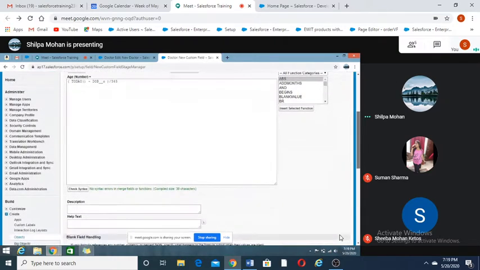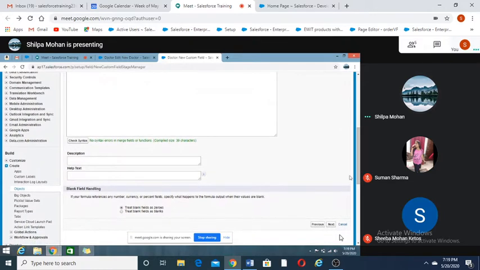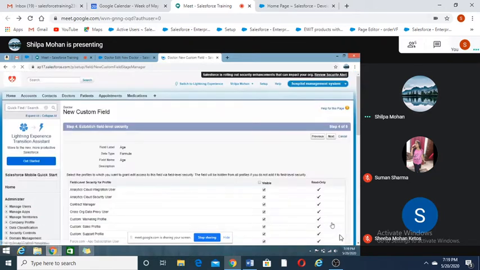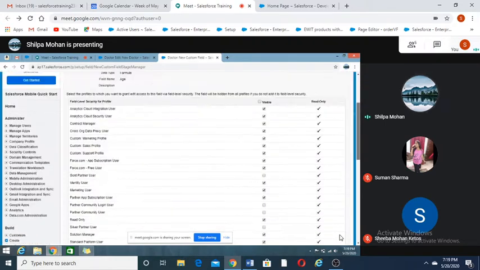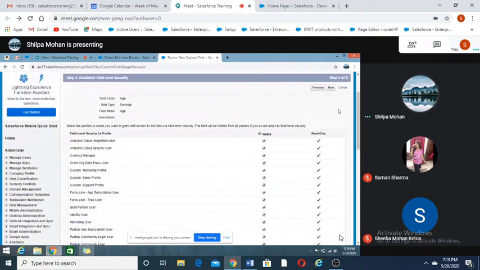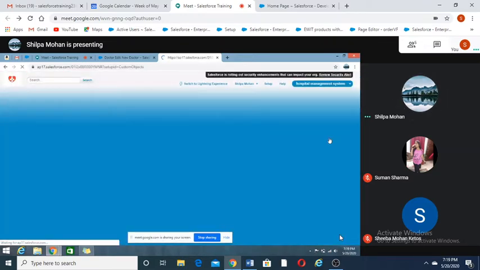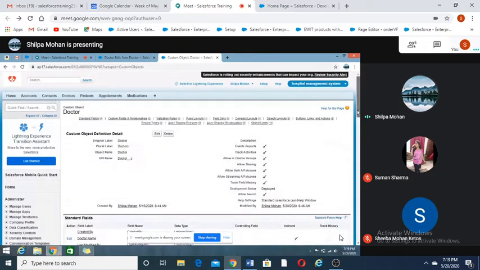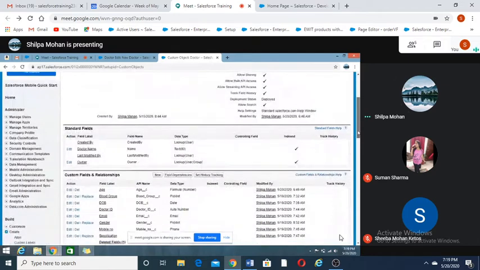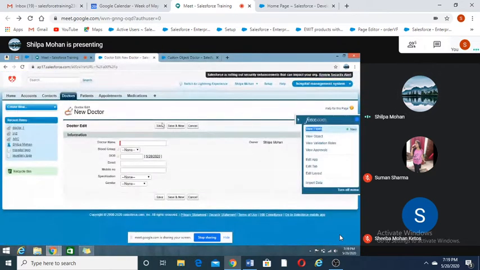Okay, now no syntax errors. Then click on next. Make it visible. Next. Then save. Okay, so now let's go to the doctor object and calculate the age.